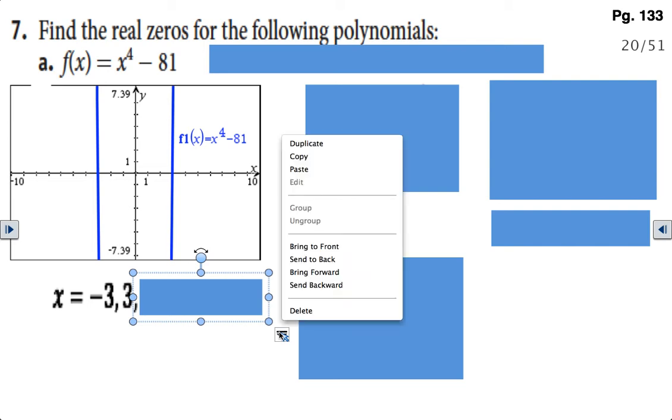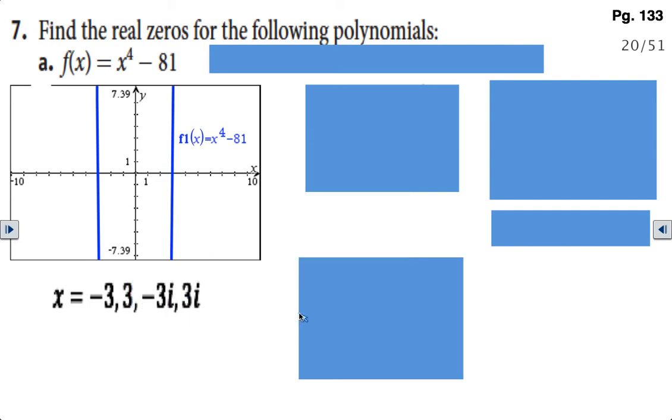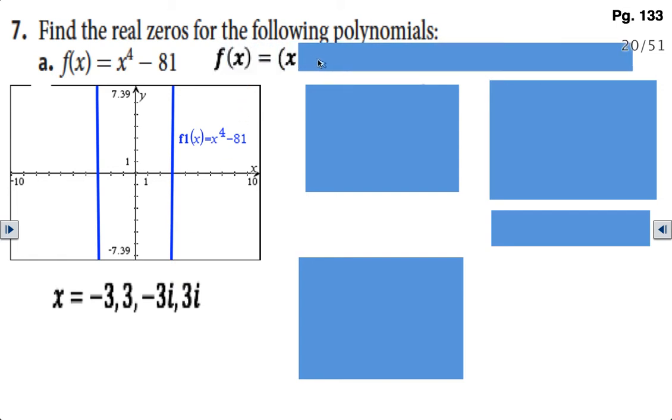For right now, I'm just going to tell you what your imaginary solutions are. On Friday, I will show you how we found those imaginary solutions, but for now, these are the other 2 solutions. So I have -3, +3, -3i, and then +3i. Okay, once you have your solutions, the way you would set up your factors, the first factor is -3,